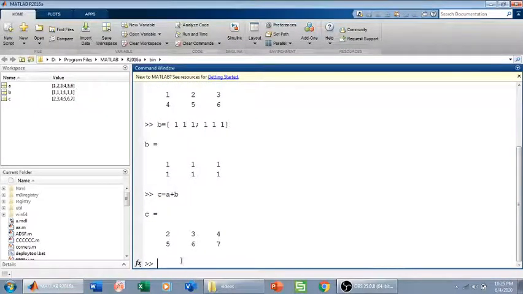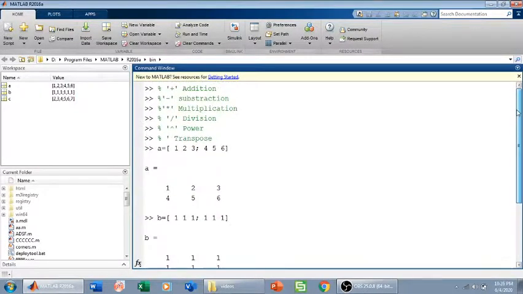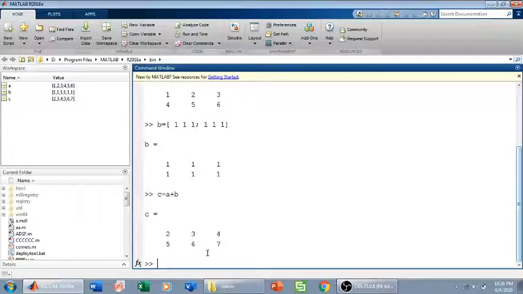Okay, to multiply matrices we use the star operator. The star operator is used to multiply two matrices, and the rules that apply for simple matrix multiplication, the same rules apply in MATLAB.